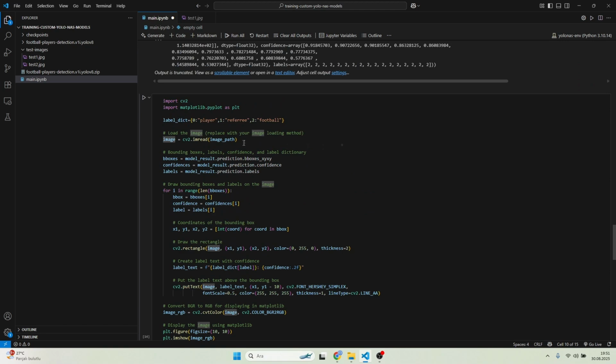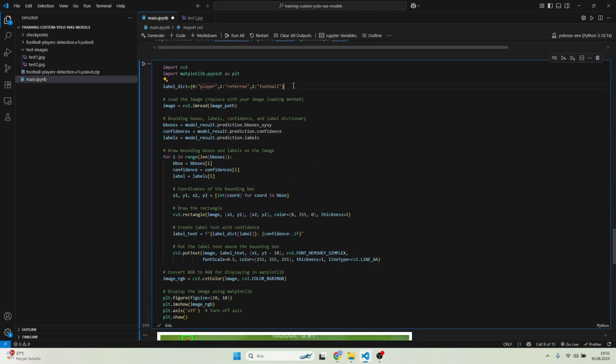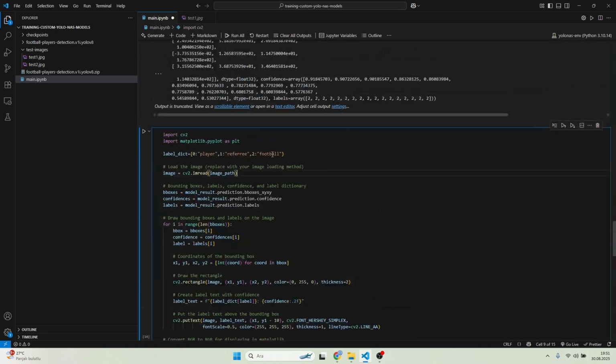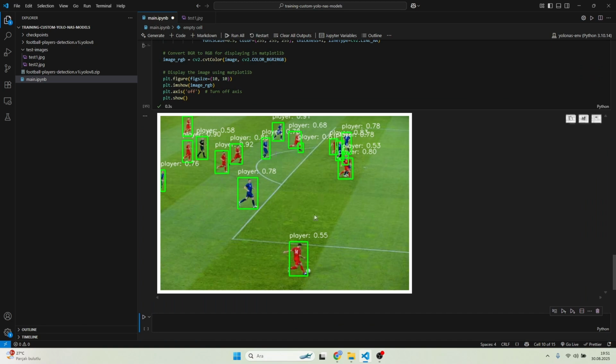So we have one problem. The sequence of the dictionary is wrong. Let me change that, probably like this. Let me check. Yes, now it's right. You can see the players, but